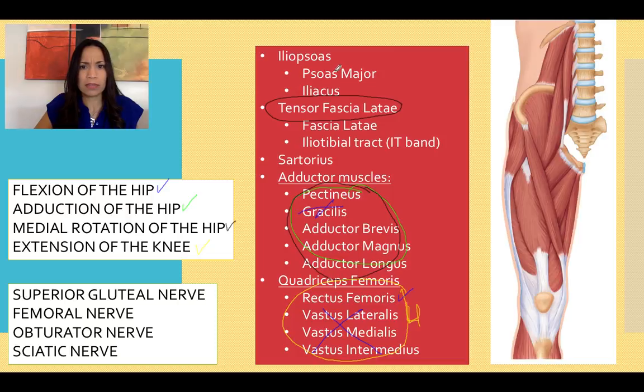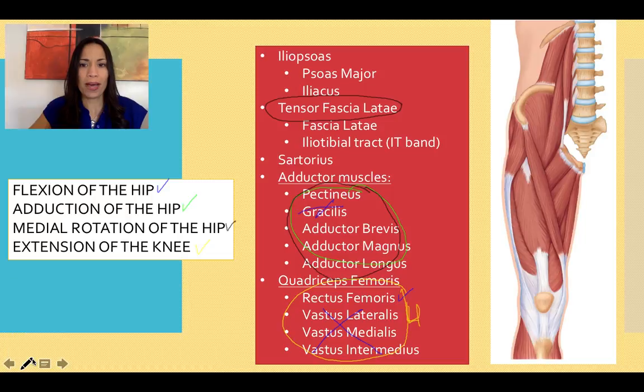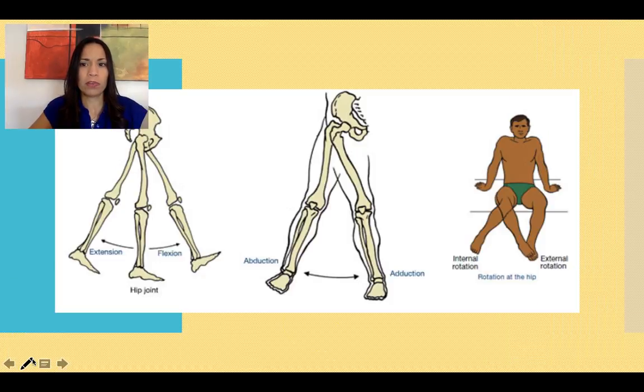Iliopsoas is a flexor. Remember that iliopsoas is a flexor of the hip, but is also a flexor of the trunk. And psoas major, with unilateral contraction, can laterally flex the trunk, so it is a synergist to the external oblique abdominal muscles. Now, I'm going to go back one to erase all of that,